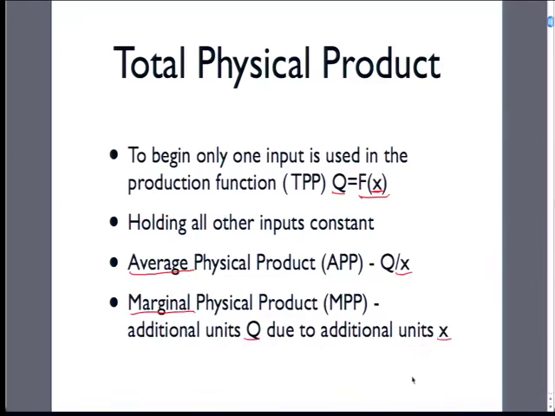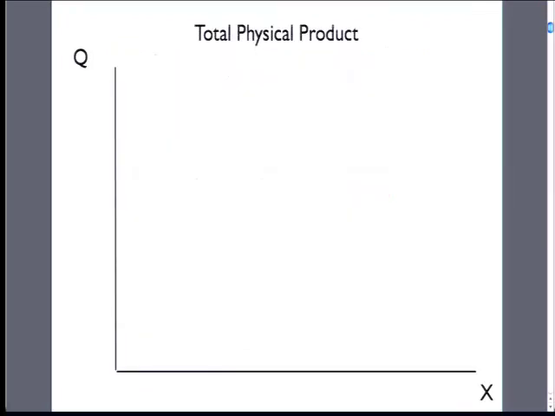At the point where we are producing, how many more units of output do we get for a unit of input? So we have a proposal for the way this is graphed. Here is our output up here, and our inputs are down here. One way that this is motivated is, if we're doing Q equals f of x,